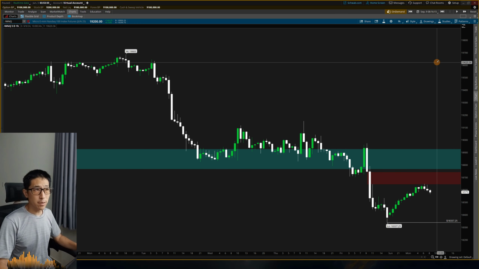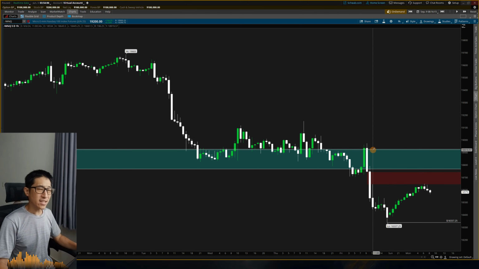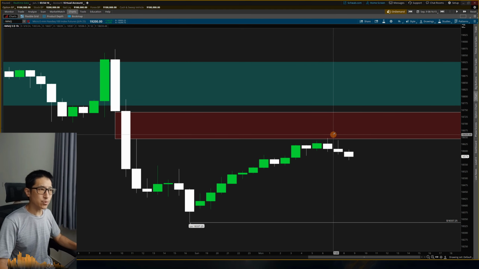All right, so going in Monday, September the 9th in the morning. Now I'm looking at the 1 hour chart, at this 1 hour SIBI. I remember saying that we want to look for this as an inversion fair value gap. We kind of already used it once before, but we could poke up into it one more time. I'm also keeping an eye on this 1 hour SIBI because we could be using this as resistance as well.